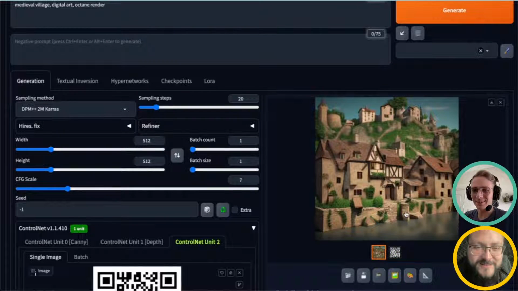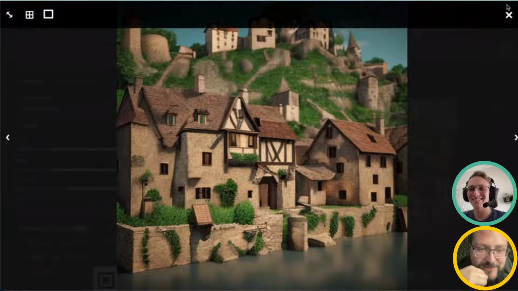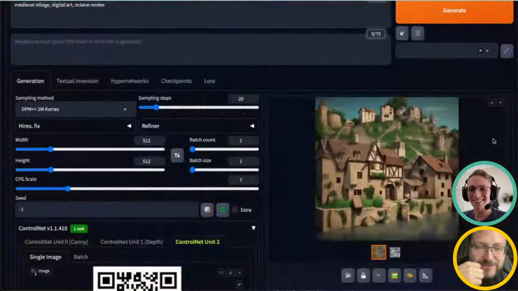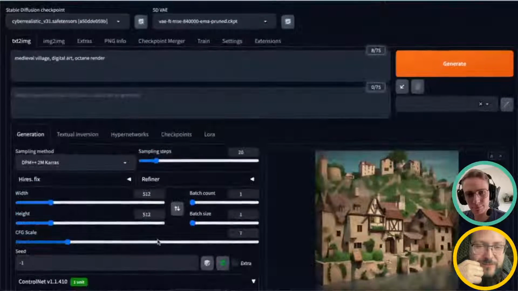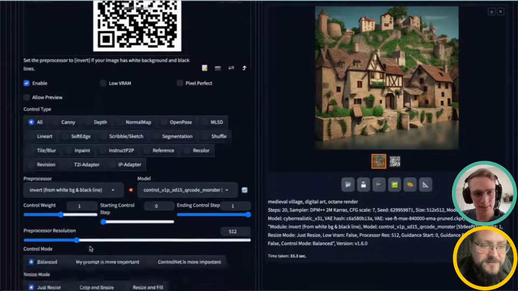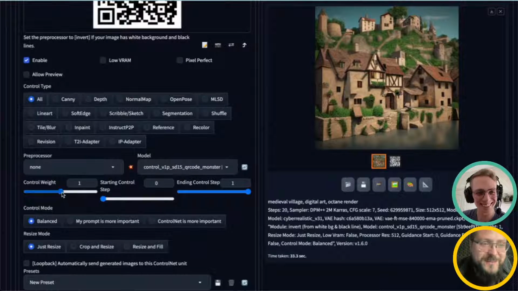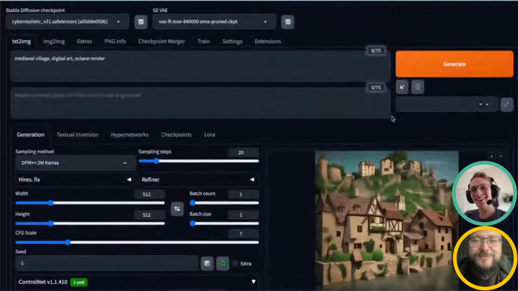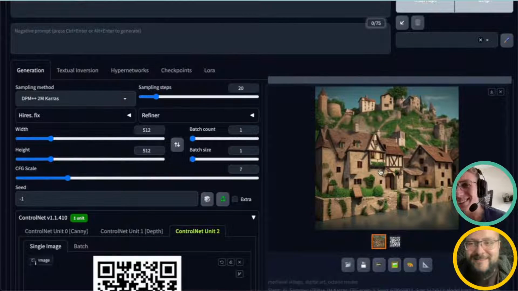Okay. This is the final. I guess it's not that good, right? Maybe you need to put a little bit more weight on the contour. Maybe. Let's try that, because I want to be able to actually scan it and for it to work. That would be great. I guess it's not going to work, but